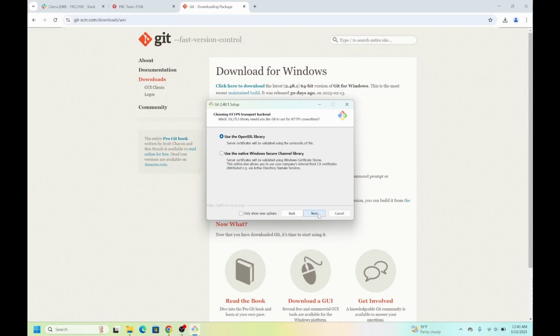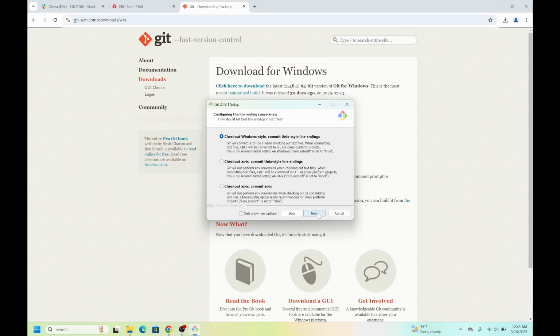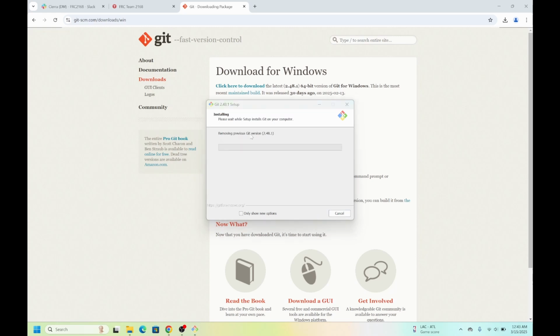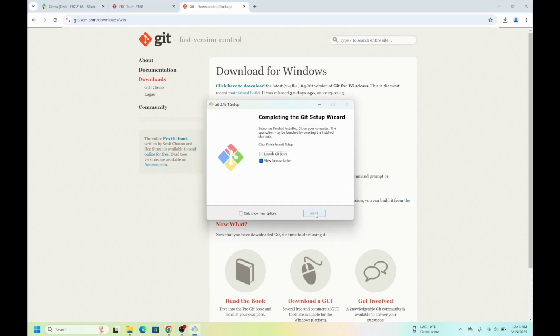That's fine. That's also fine. Yeah, so pretty much just use all of the default settings until it installs. Then you can just click finish